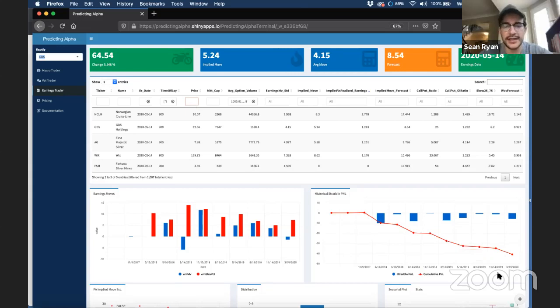So GDS holdings, obviously, if we look here, not one that you really care to be buying options around, right? And like I said before, you're going to see this a lot, right? This is a very common P&L for buying options around earnings, right? Remember, this is a directionless buy, so you're buying a straddle here. Obviously, this could be a bit better if you happen to guess the direction every single time, but there's a reason why most people view earnings trading as a gamble, right? The reason why most people view earnings trading as a gamble is because they haven't found a real edge there,